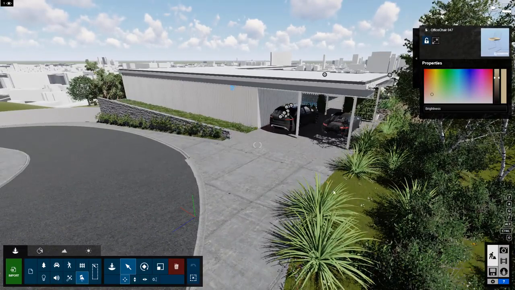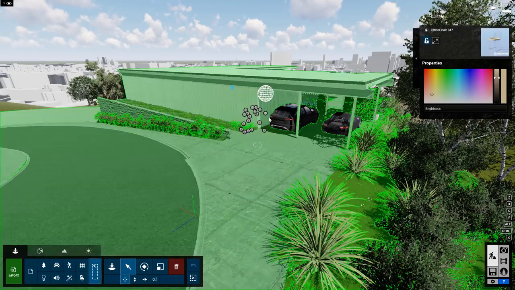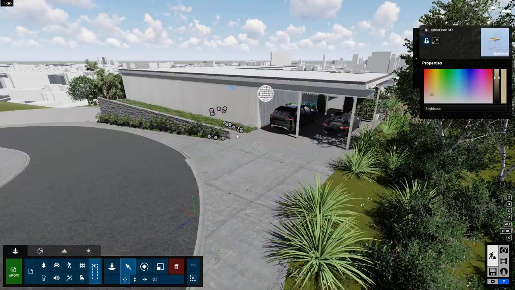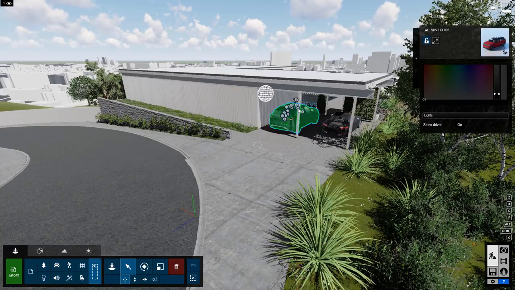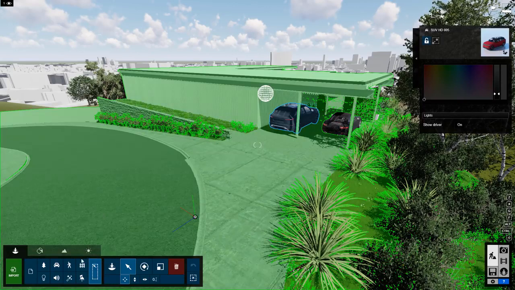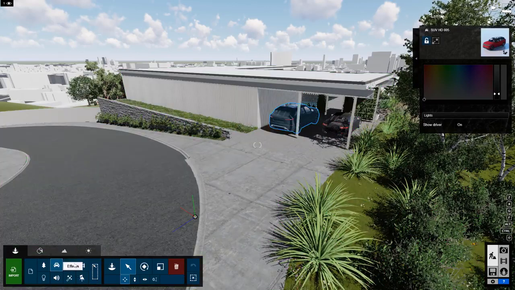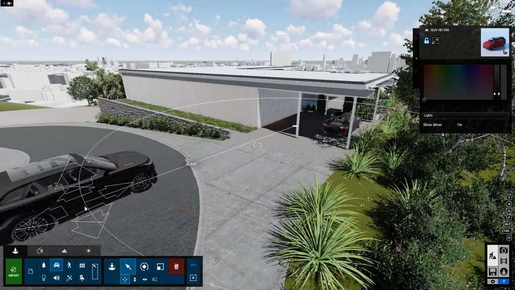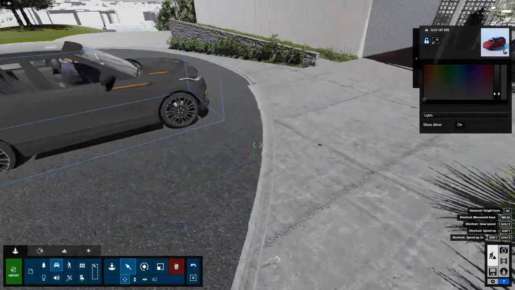All right, so I'm on the Move tool, and in order for me to select a car or to modify a car in any way, I need to be on either the All Categories, which kind of gets to be a little bit of a mess. There's a lot going on there. What's kind of cool is that I can hover on that car and click it, and then that'll at least make the node more visible. But I think a better way to work on the cars is to filter out just the transport collection. See, now I can easily grab just that node, and let me just move this out here for just a moment. All right, take a look at what's happening.